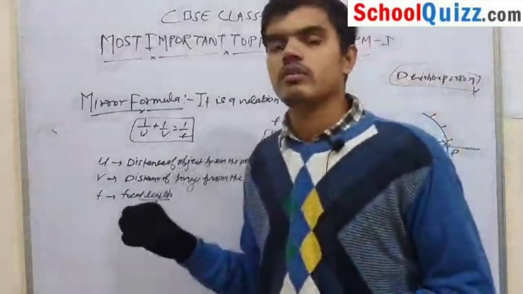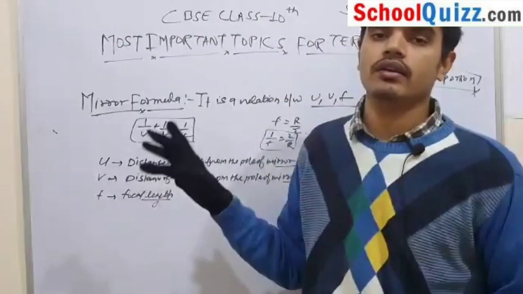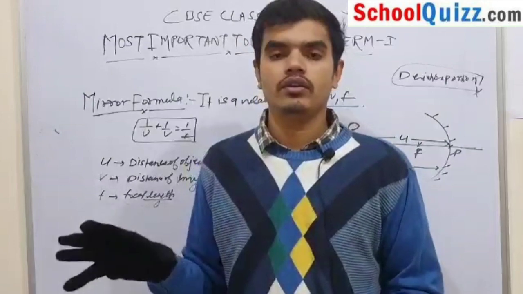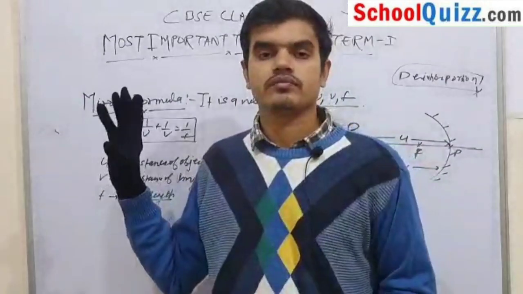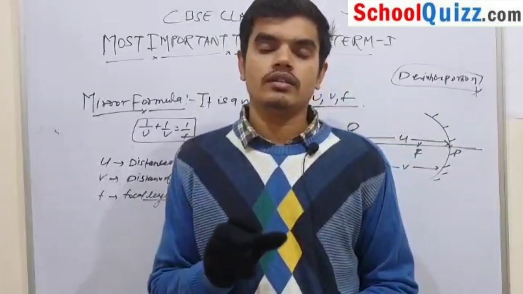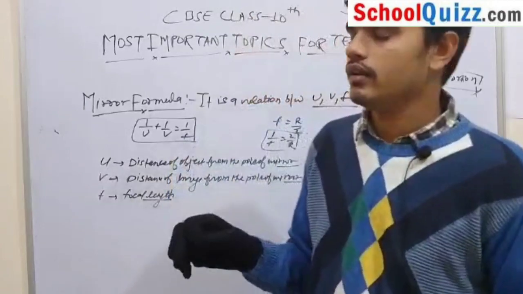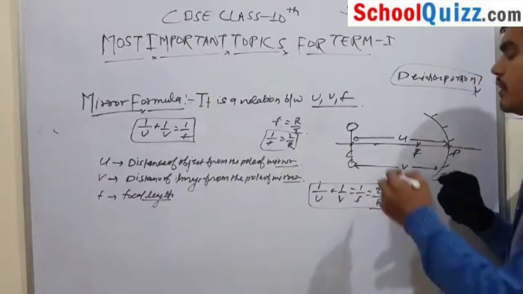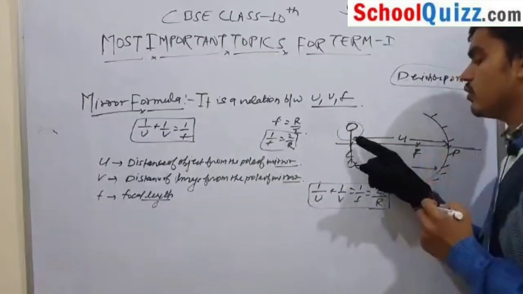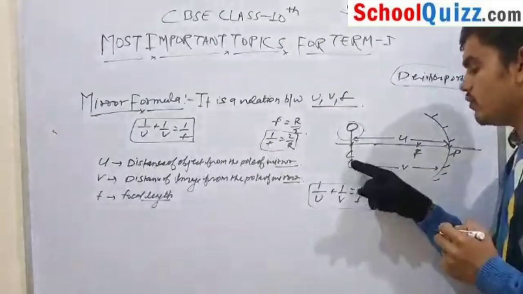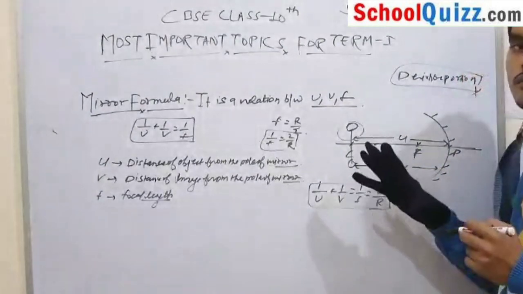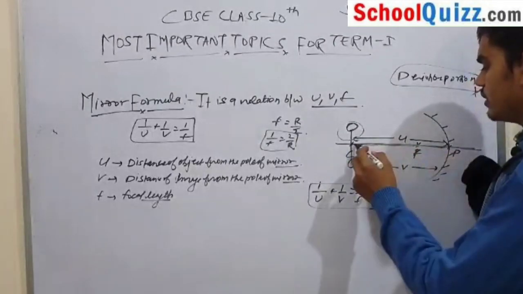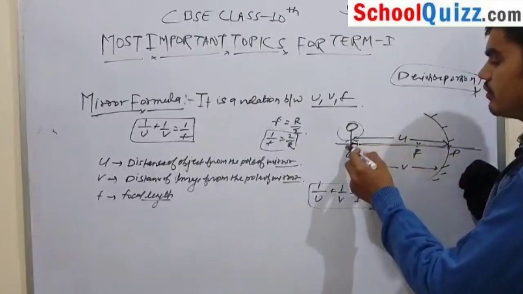Now another question about this topic is that if we already have ray diagrams, then why do we need to study the mirror formula? The answer to this question is also quite good. In a ray diagram, we know that if we place an object at the center of curvature, then the image will be formed on the center of curvature. But how do we know that this is the actual distance of the center of curvature?